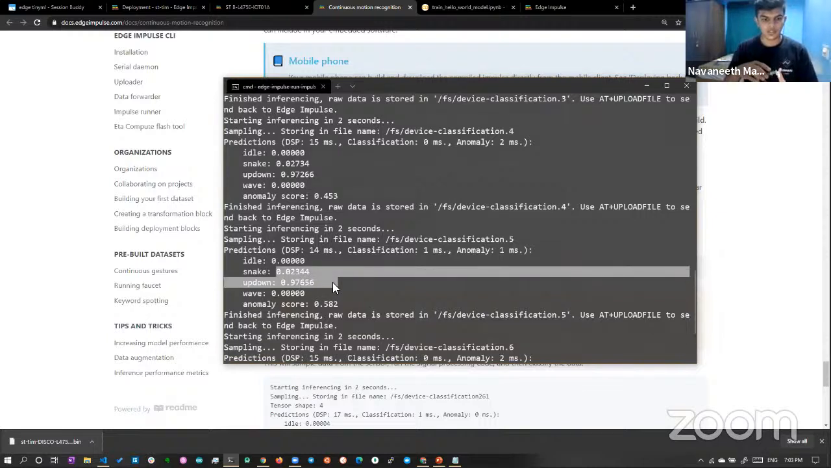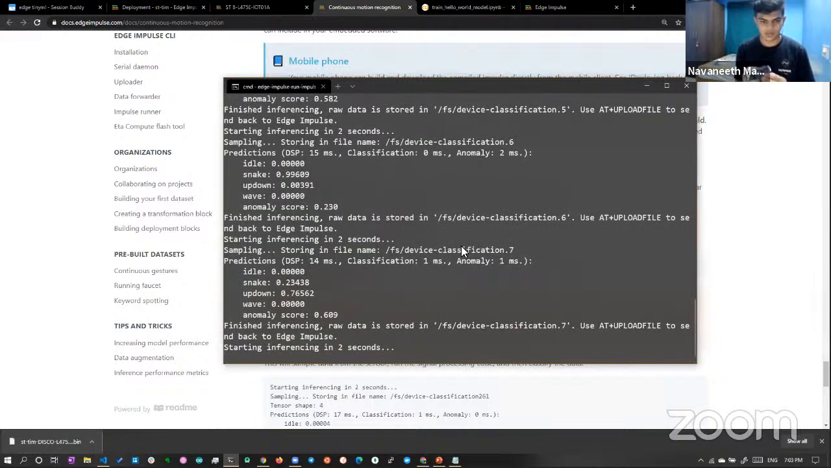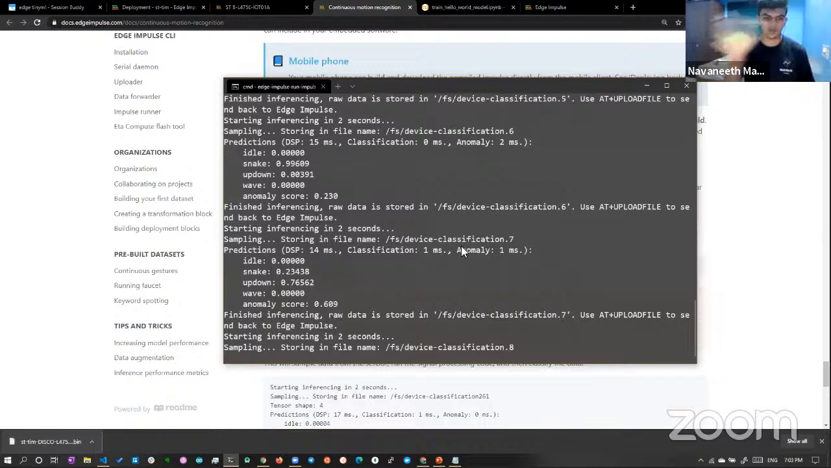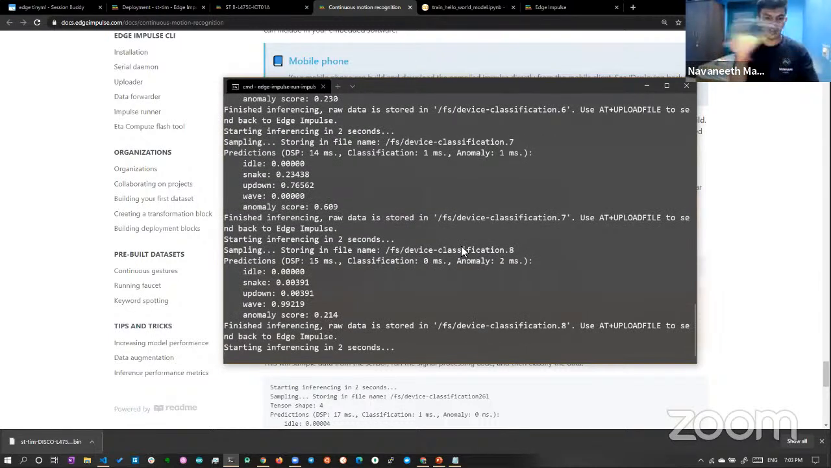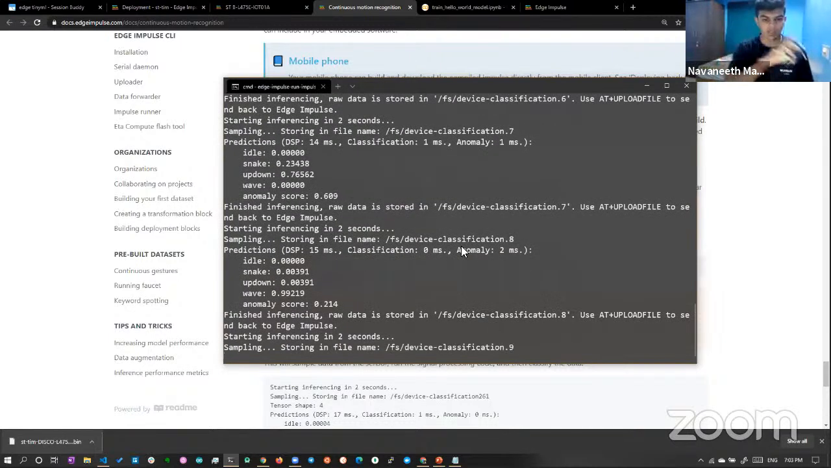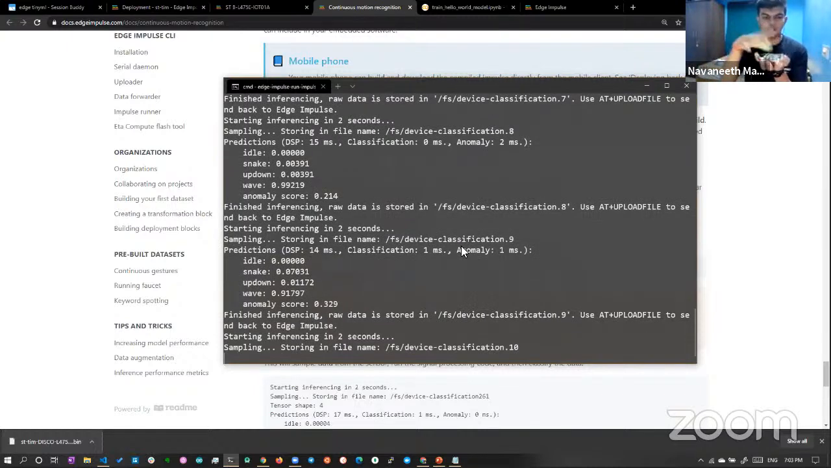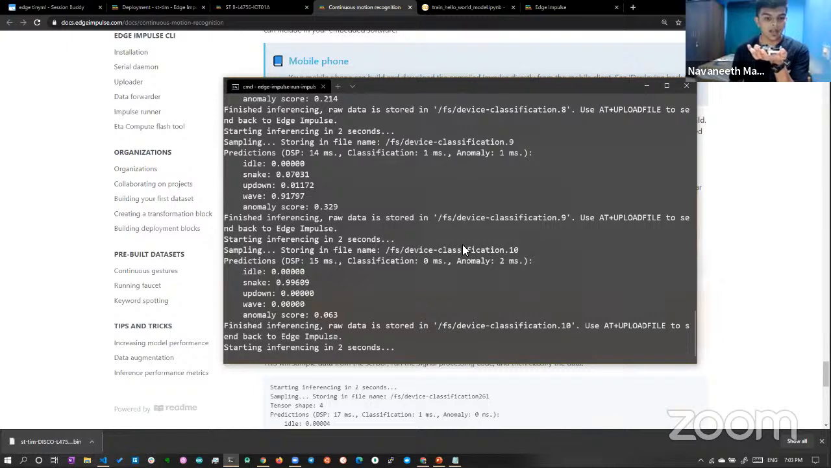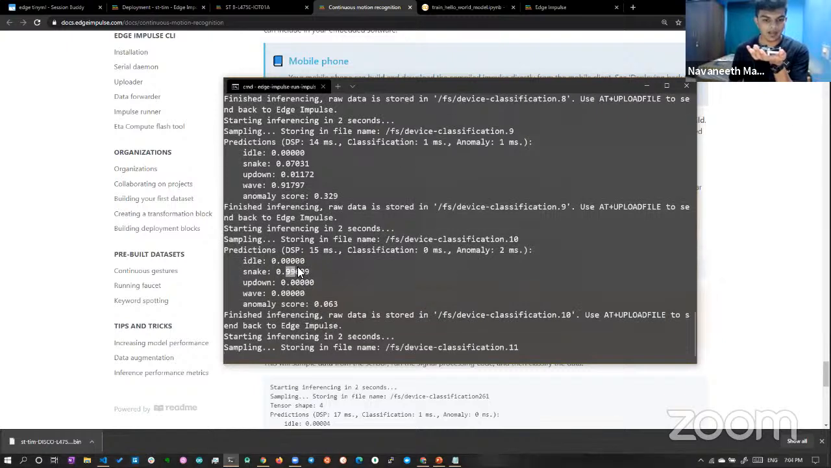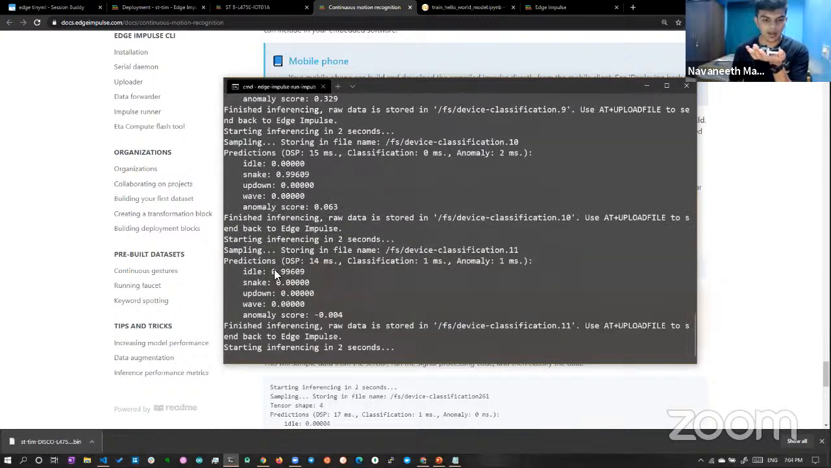Now let's do the wave. This is waving. If I do wave, you can see you get 99%. Also if I do snake, I don't know what motion that is. If I keep it idle, and again idle, you can see snake again 99 here, and idle will get idle